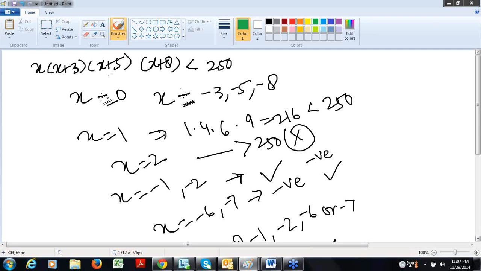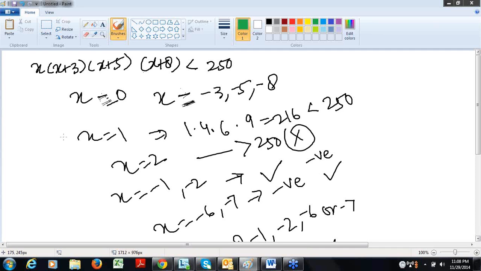How? Because if you put -6 and -7, three of the terms will be negative, and anything other than that will not have three terms negative. If the multiplication of four terms has to be negative, then either three terms are negative or one term is negative. One term already we have with -1 and -2, through which one term is negative. So the inequality becomes negative. And for -6 and -7, three terms become negative. So this inequality becomes negative. That is why we are going with this.